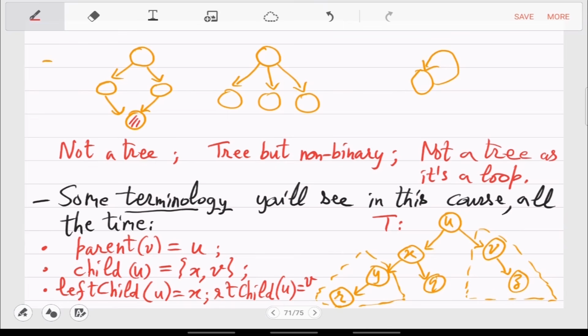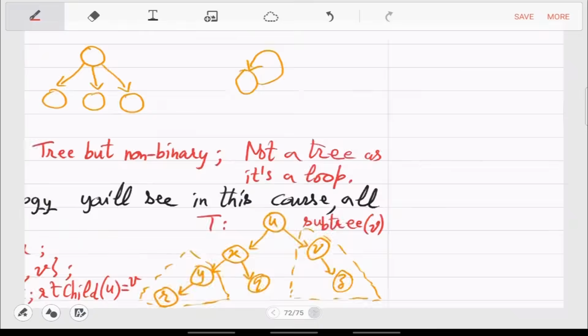So that you can see when you look at the subtrees. So this is the subtree of V. And similarly, the other dotted thing is subtree of Y. So in that subtree, the root is V, right? And the leaf is Z, which is also a leaf of the original tree T. Okay, what is height?